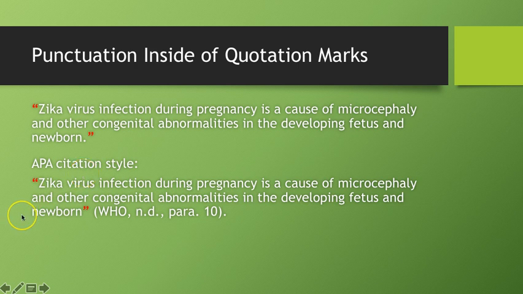However, I want to note that if you're using APA citation style, you would actually have the quote be around the sentence without any ending punctuation mark, and then the ending closing punctuation mark to end the sentence would be at the end after the in-text citation. So notice you have nothing here. You have no period, no comma, no semicolon, nothing. And then the period actually comes after the in-text citation with the author, the date of publication, and the location of the quote.